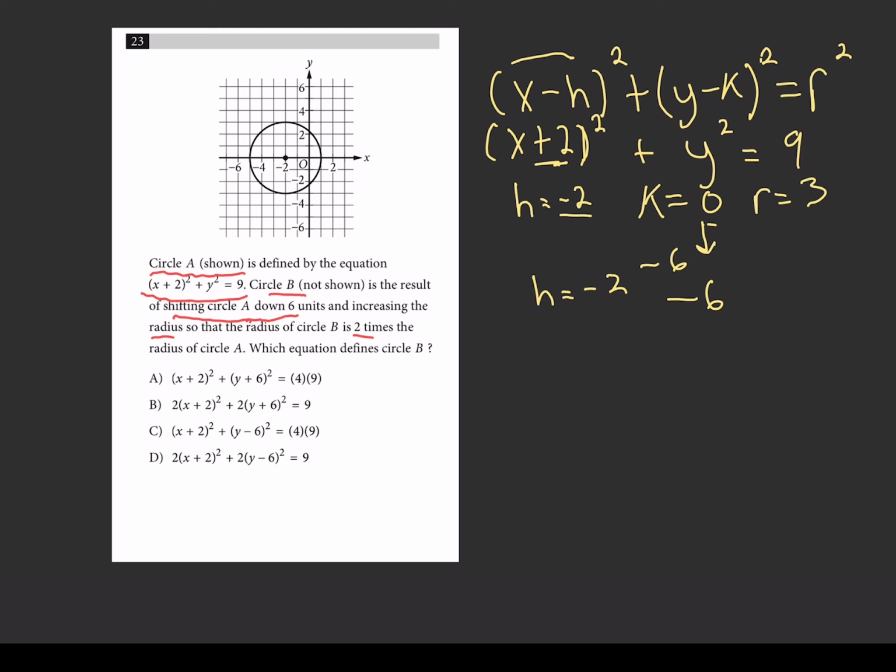So when I have my equation, they're giving me choices for the equation. I'm still going to have this (x + 2) in parentheses squared. And then you're going to have, instead of the y squared I had before, I'm going to go plus y. And remember, since the formula is y minus k, if I'm going to have a k value of negative 6,